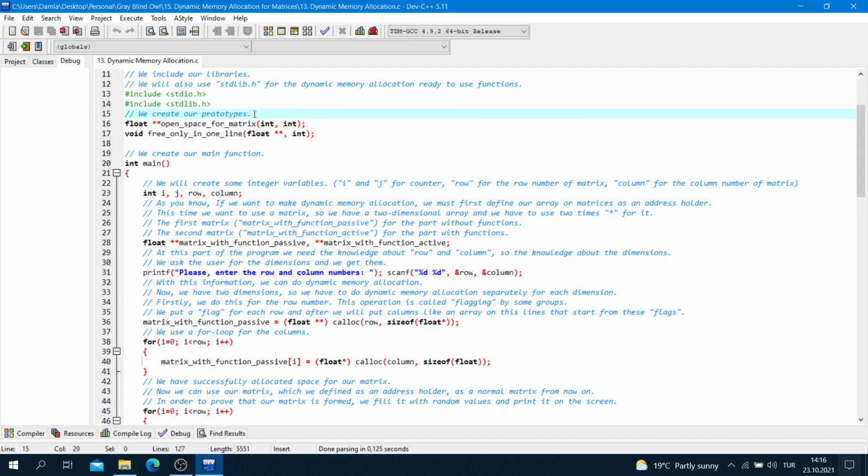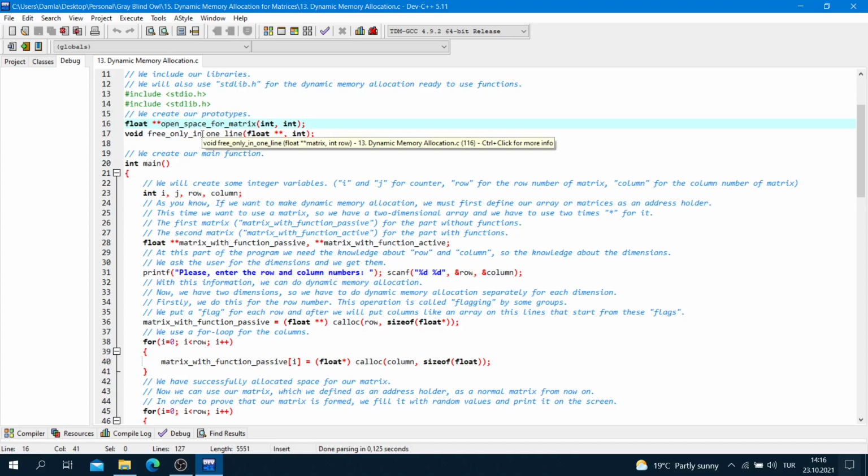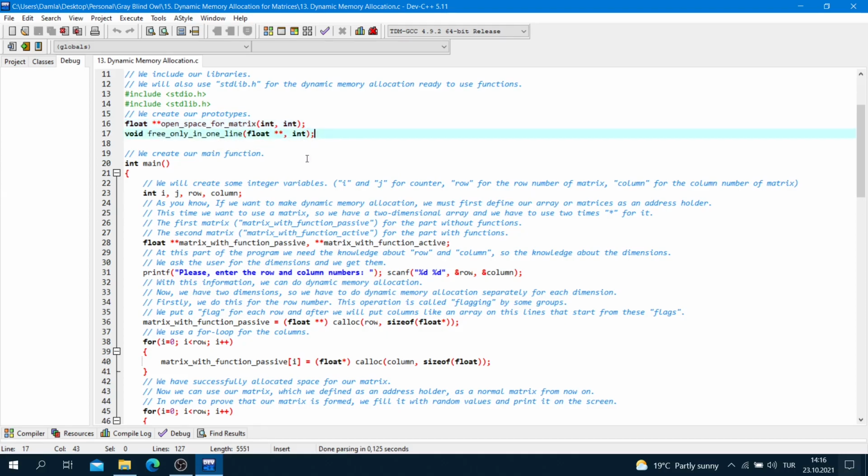We create our prototypes: float pointer pointer open space for matrix, integer, and semicolon, and void free only in one line, float pointer pointer and integer, and semicolon. I will mention these prototypes later.